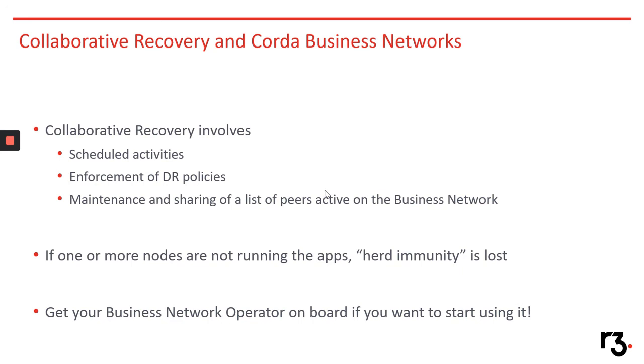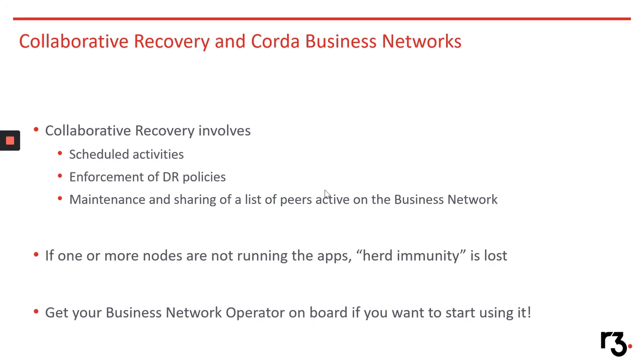This is because, as part of the original design, we didn't want nodes running these applications to be flooding all the nodes they could reach as part of, let's say, the Corda network with requests. So we wanted to limit the operation of this application to a single business network a node is participating on. And this means that there needs to be an active involvement by the business network operator to disseminate the application